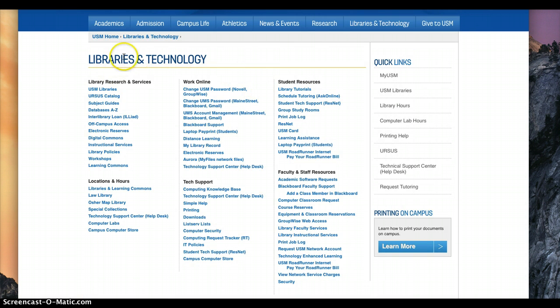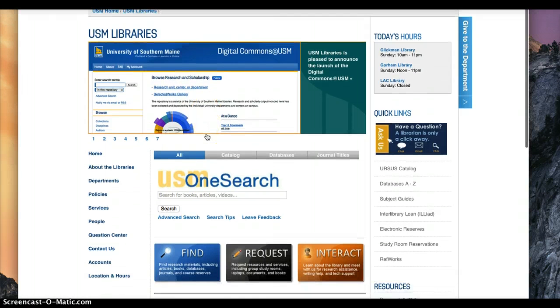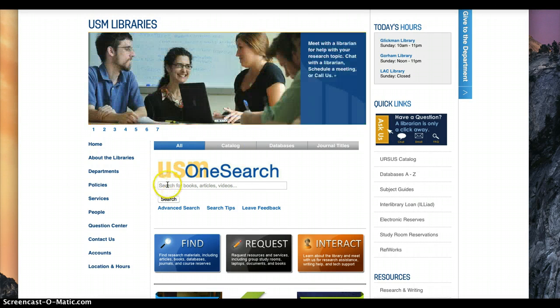And then you'll see a list of student resources, but over on the far left side, you'll see a link for USM Libraries, and just click on that. And this will take you to the USM Libraries homepage. And to me, the quickest way of finding sources, and this is what I do, is just go down to